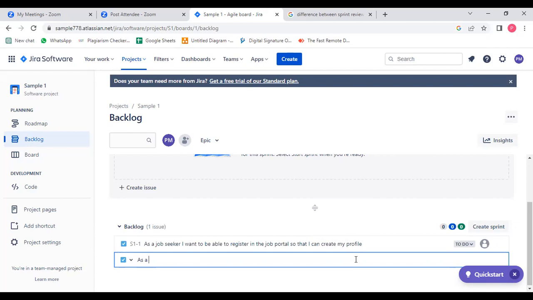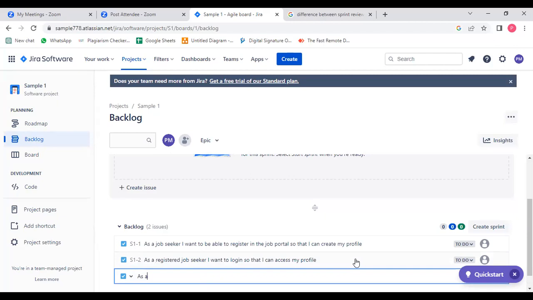So as a registered job seeker, I want to log in so that I can access my profile. And as an employer, I want to post a job so that